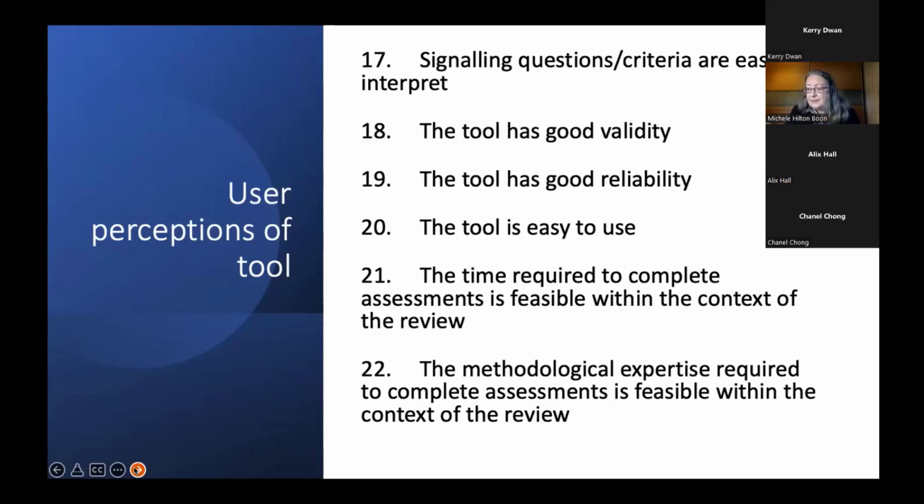These will be rated differently by different review teams, depending on their particular circumstances, their experience, and their views of the tool. And just to clarify, by feasible within the context of the review, we meant within the time and resources available to the review team, including any constraints, particularly in terms of time, placed by the funder.